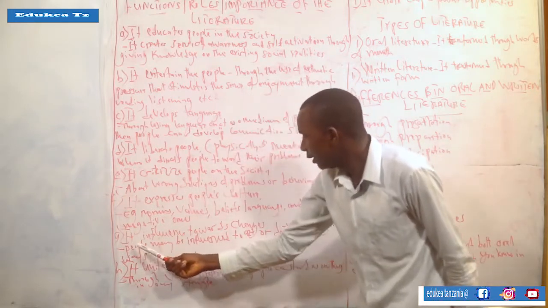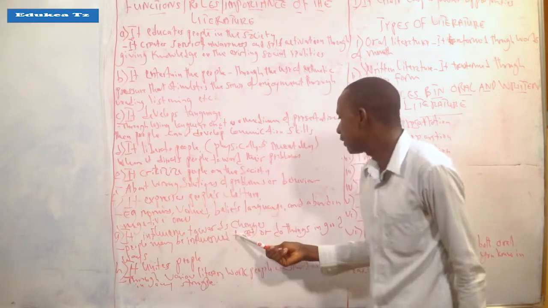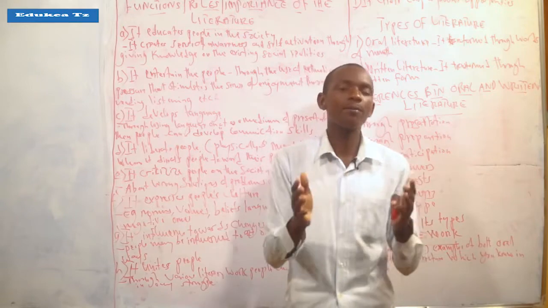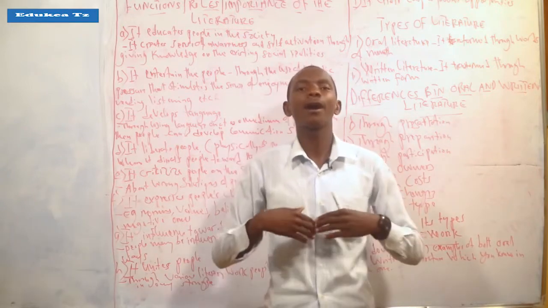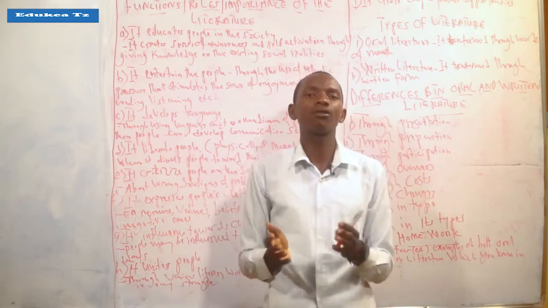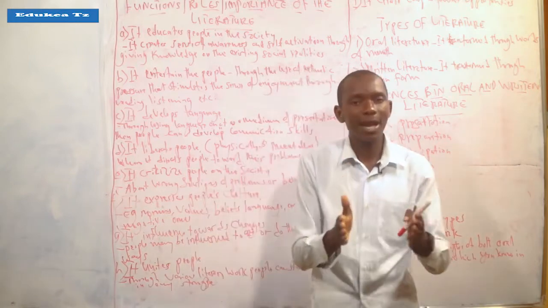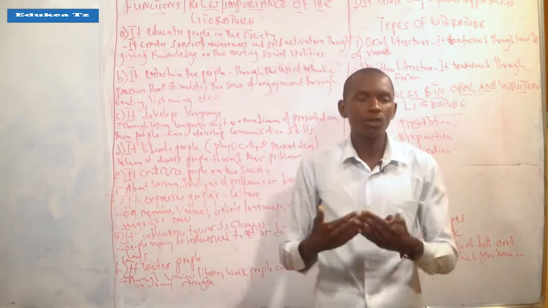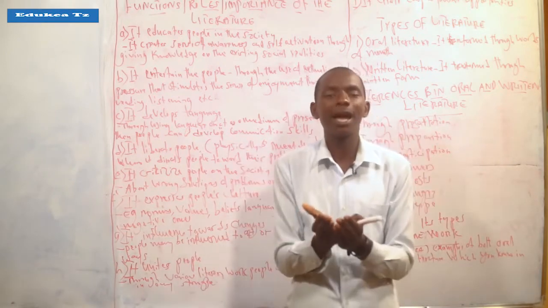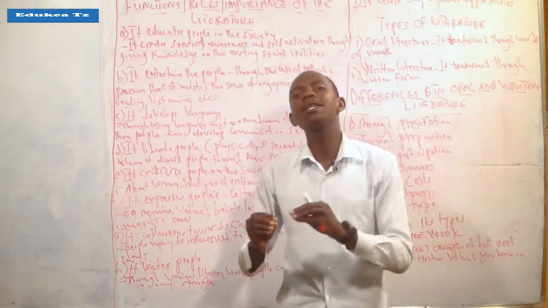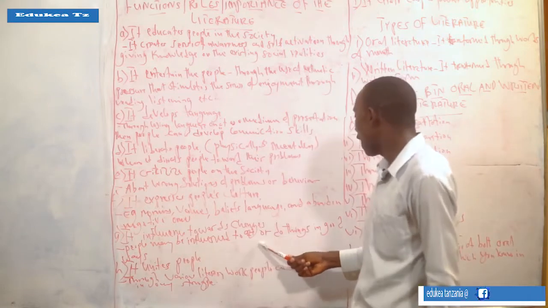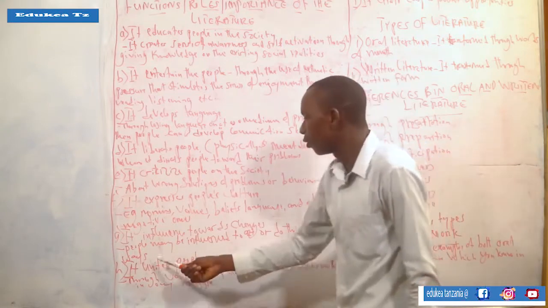Also, it influences towards change. Literature tries to influence all people who are so tired or who have given up due to different situations which have been occurring to them. Literature has its role to play so as to influence people, to make people aware of their rights, to know what they are supposed to do. So on this point, people may be influenced to act or do things in good ways.